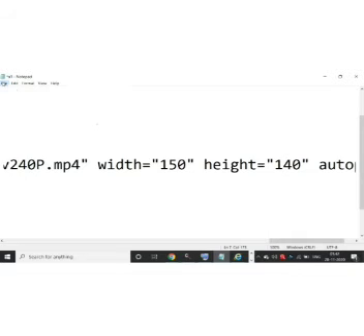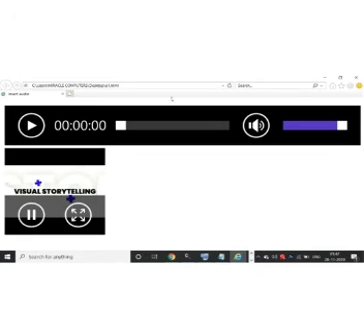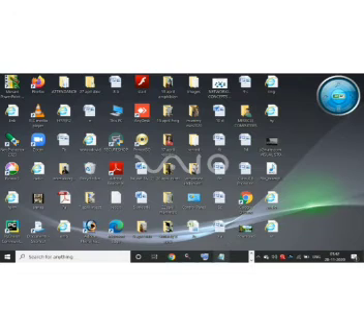I just need to save it, and now if I refresh my page by pressing the F5 key, the height and the width of the video player is reduced. So this is how you can insert audio and video on a web page.